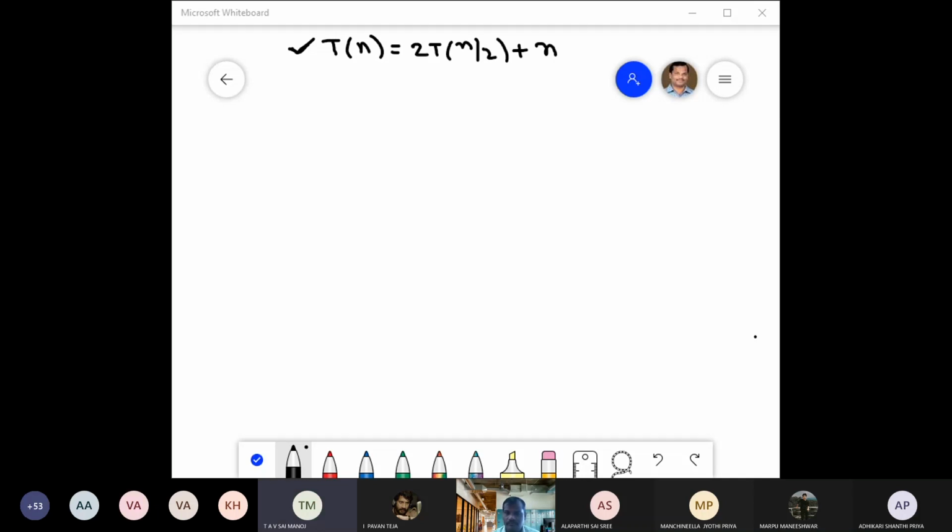The answer is T of n is equal to 2 power k into constant plus n log n.